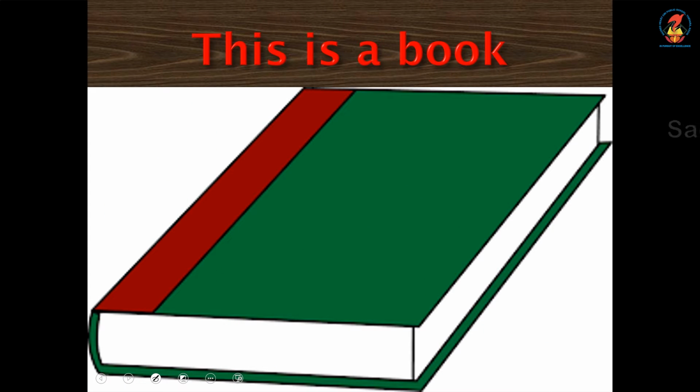So this is a book. Can you see a book on the picture? Yes. This is a book. So it ends with a full stop, but there is no full stop. So this is wrong. Should end with a full stop. A big dot you can put. Okay. So this is a book.